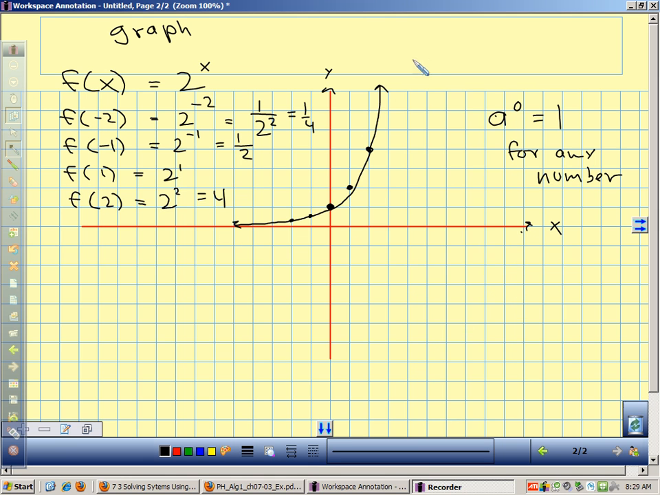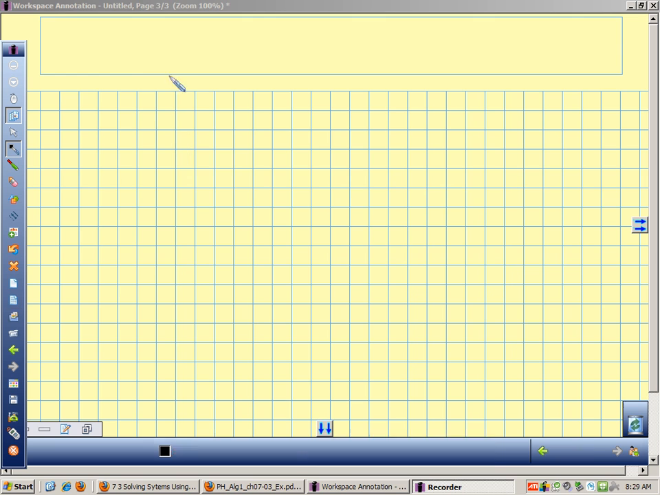So this is what an exponential function with a number bigger than 1 as our base is going to look like. Some variation of this. So let's look at another graph. We want to graph